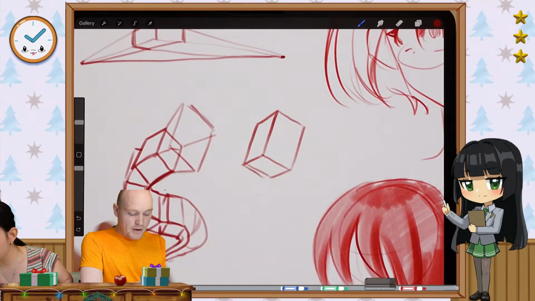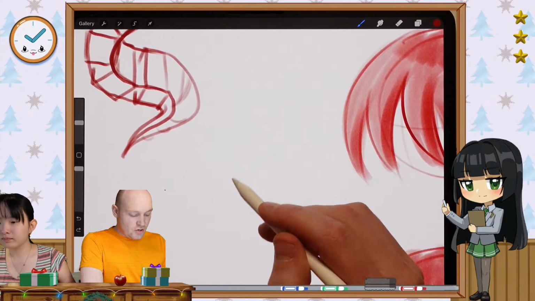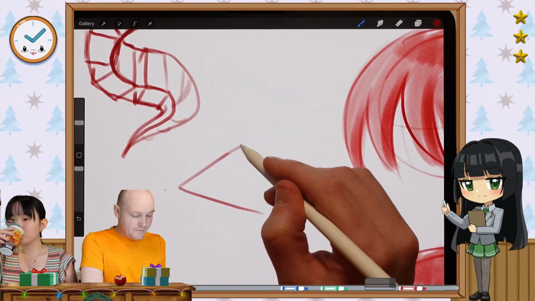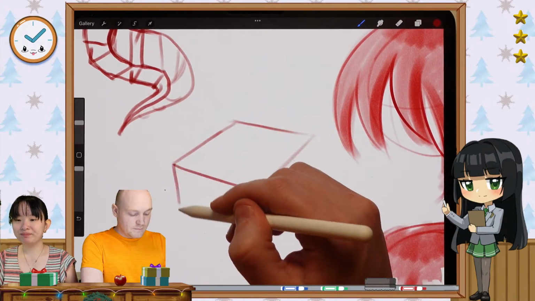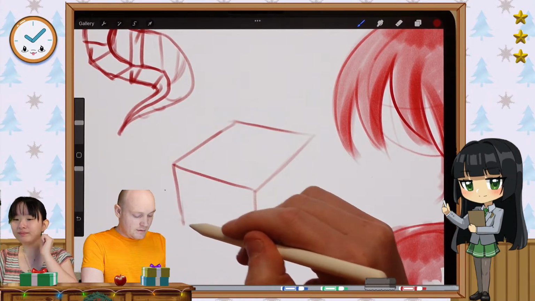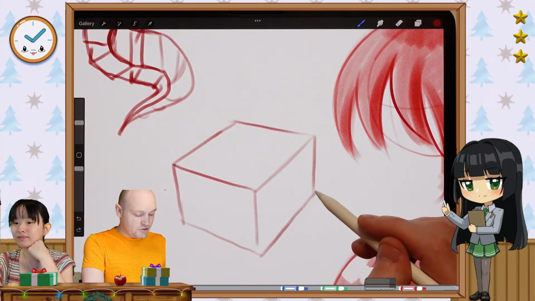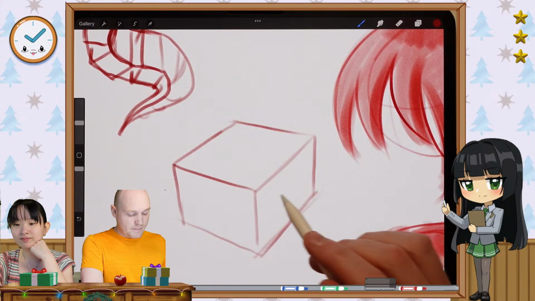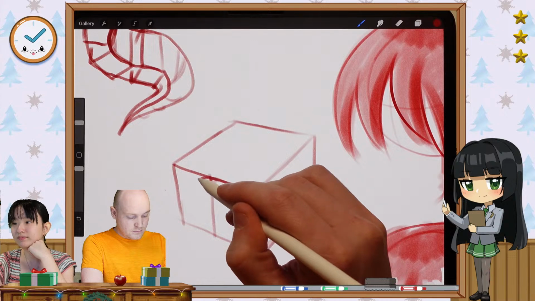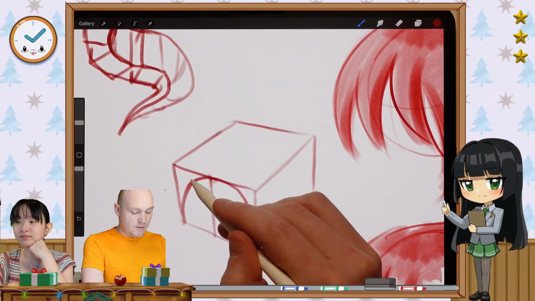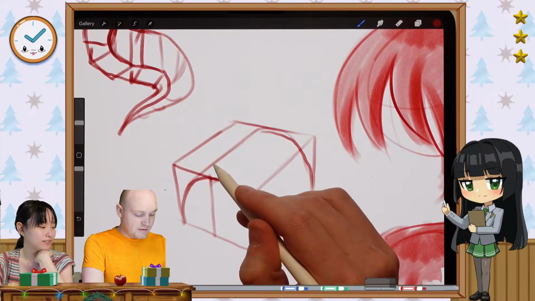So with boxes, the idea is that you basically start with boxes and then you can modify them into different shapes. I'll cover different nose shapes in a bit. So if I want to start with a box and I want to modify this into a different shape, I could do that by finding the center line and do that. And now all of a sudden, you've got a half cylinder. All of a sudden it's a different form.